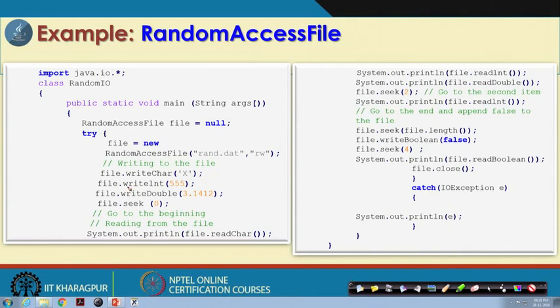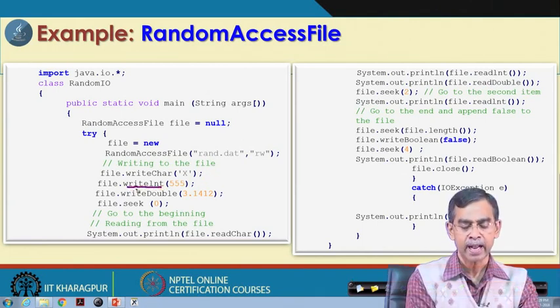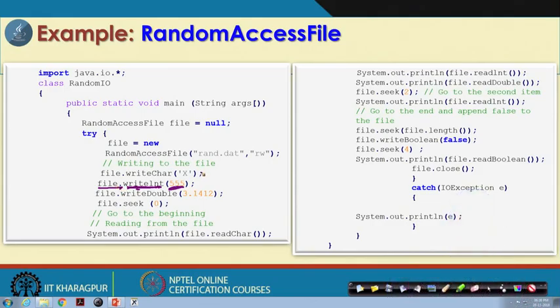Next, we write another item using writeInt. The writeInt method writes this value as an integer into the file. Where will it be written? It will be written exactly after the x, so the position of this value will be the 1st location. Next, we again write into the same file object, this time a double, and it will be written after that. So, after writing 3 elements into the file, the first goes to location 0, the second to 1, and the third to 2. Now, there is another method called the seek method.